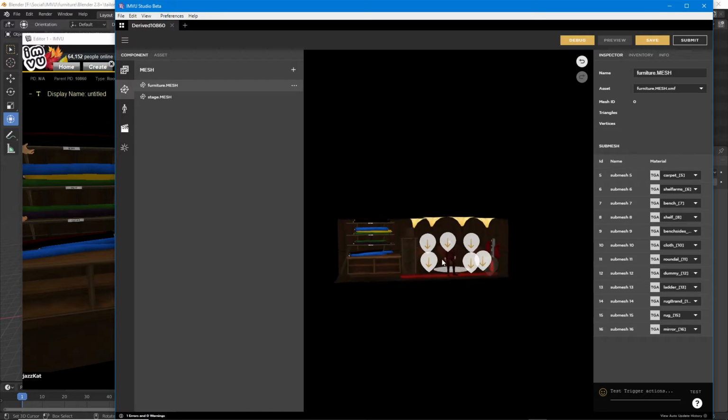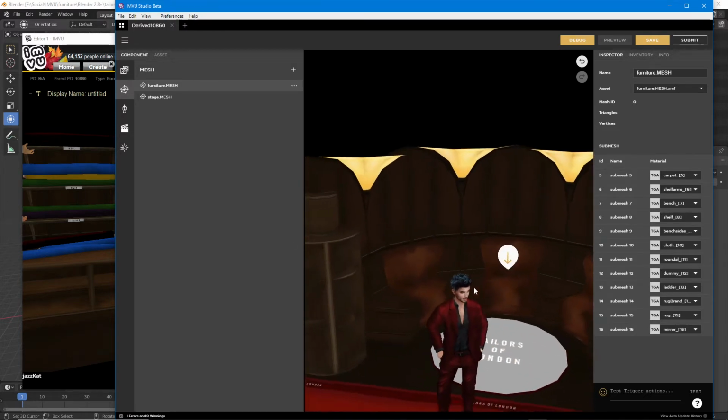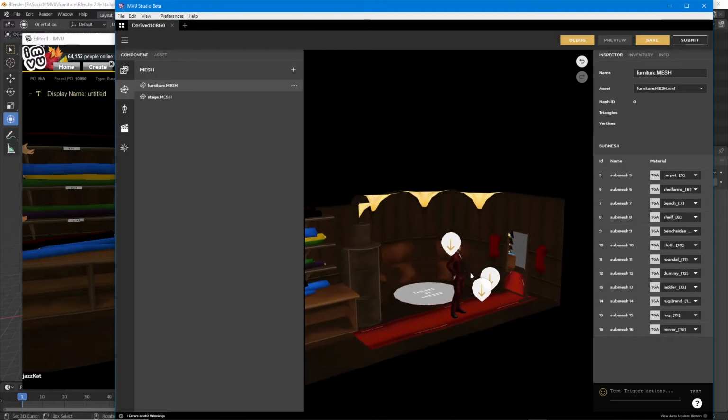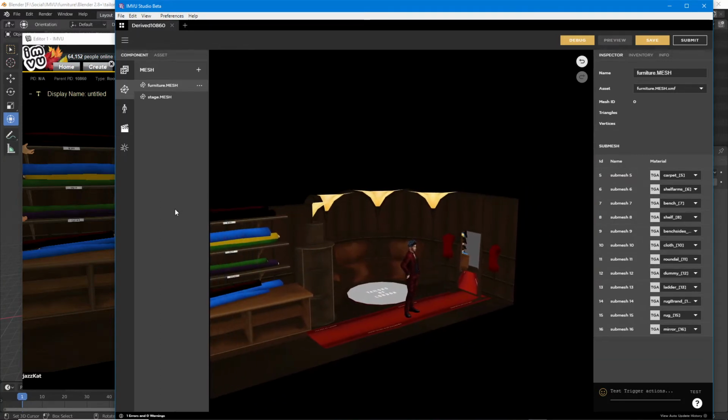Oh, there we go. Okay, that was a little weird. So it's automatically assembled everything. So this differs slightly to